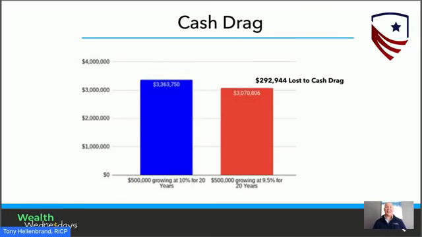So in this example, this investor, if they really put in 500,000, had it fully invested for 20 years versus having 5% of it sit in cash and not doing anything, they would actually miss out on $292,000 in gains just from that money not being fully invested. So think about that. And when you really get into this, the higher the returns are in the market, the more expensive this fee is.